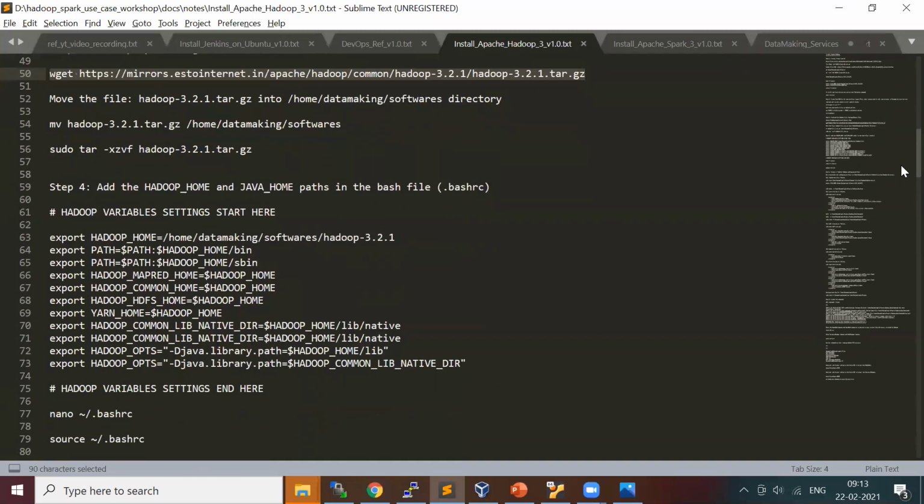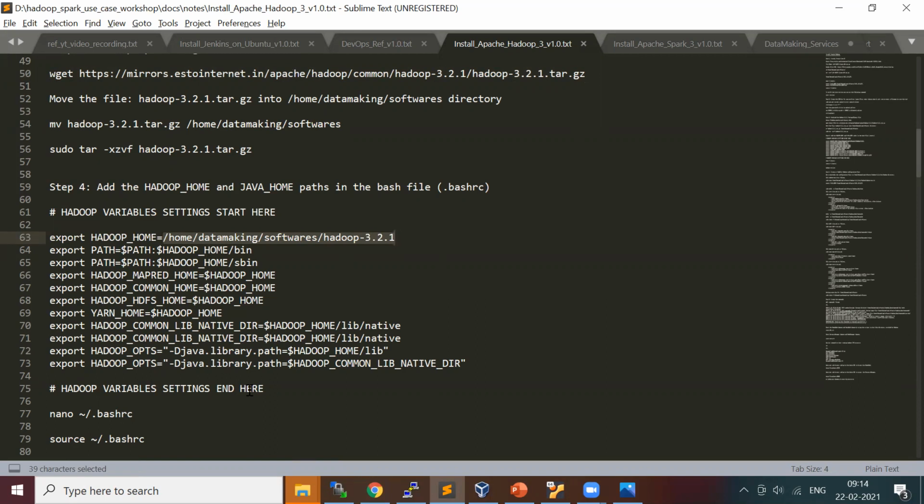Now before I go to that, there is a set of environment variables for accessing the command line utilities. Command line utilities are used to start the scripts from anywhere in your terminal, any location. You can add these environment variables and specify your Hadoop extracted folder so that you can access those command line utilities from anywhere in your terminal.